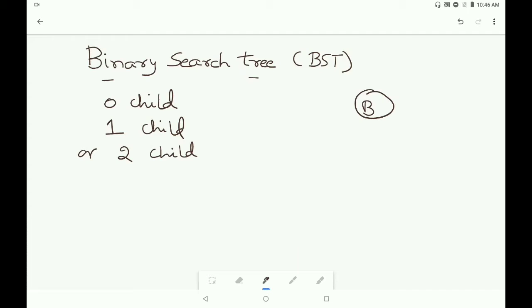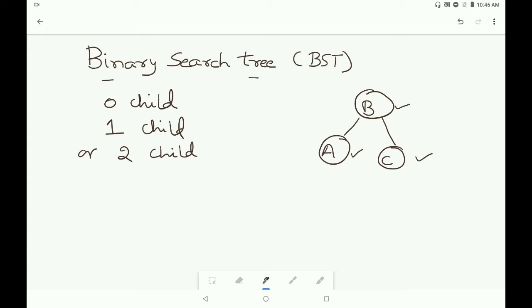We can say that this B is a binary tree if it has 0 child node, or it has 1 child node, or it has 2 child nodes. So in a binary tree we have at most 2 child nodes.